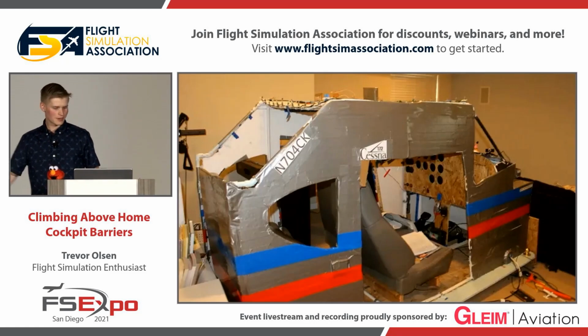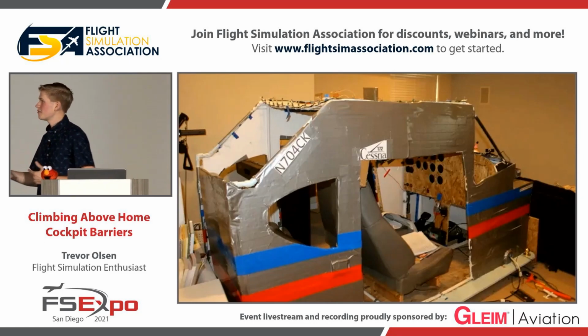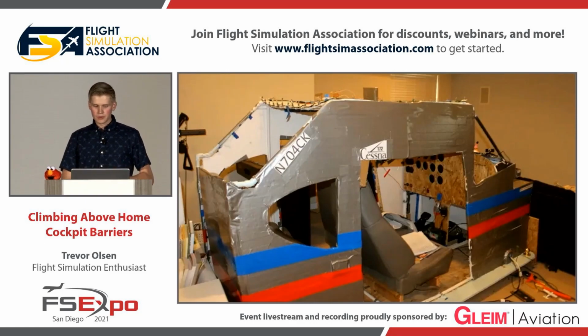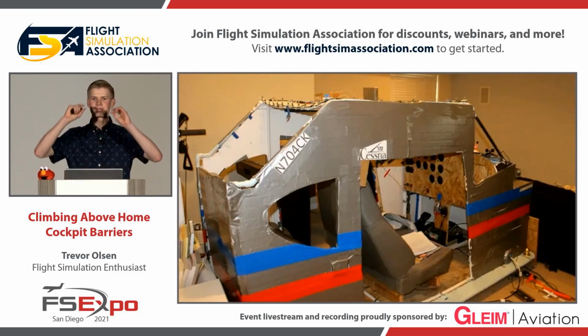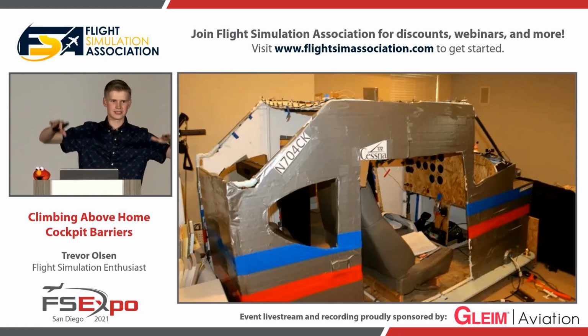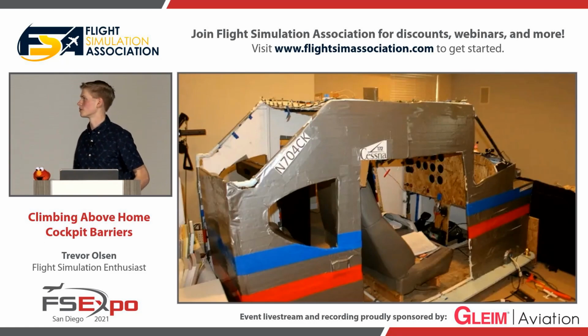So, this is my simulator again, but some other cheap materials are 2x4s. Those are pretty readily available, and lumber, or plywood, that's usually pretty cheap. Sometimes I even get super thin hardboard, basically the stuff whiteboards are made out of, but it doesn't have a coating, and that works fantastic, especially for panels, if you don't want to get acrylic,